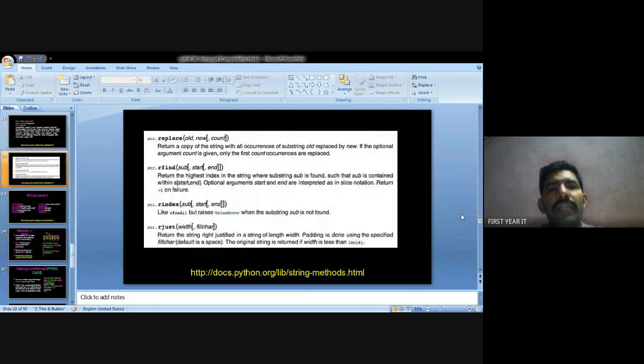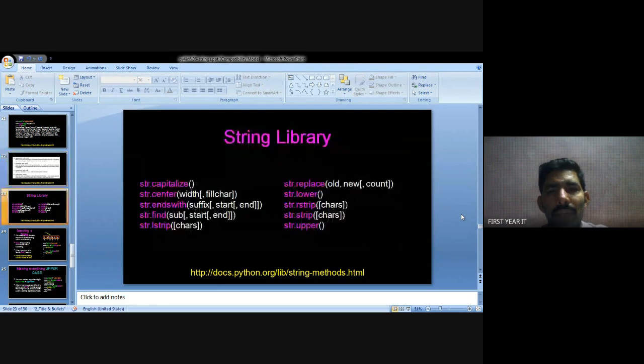There are more functions available in the Python language for strings: replace, find, index, concatenation, string length, lowercase, uppercase, and string comparison. String length is also called a string function. These are defined for different types of strings. This is called string functions.